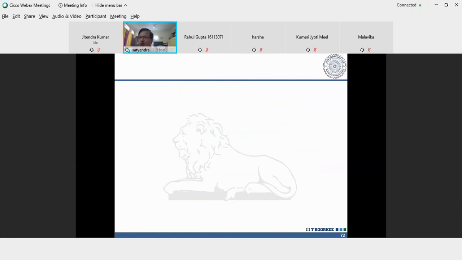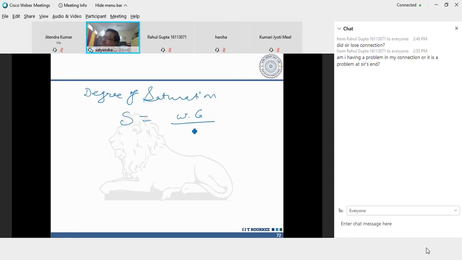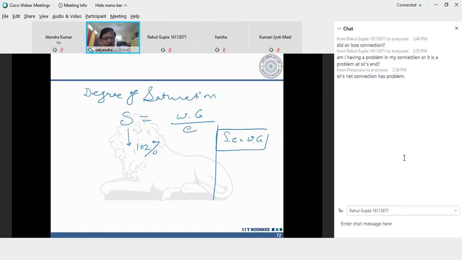its weight also after it is oven dried. So degree of saturation, also you can calculate, S is equal to small w G upon e. This relationship I had already told you in the very first lecture. S into e is equal to moisture content into G. So you will find in this particular case the degree of saturation was 100%, means it was a fully saturated sample.